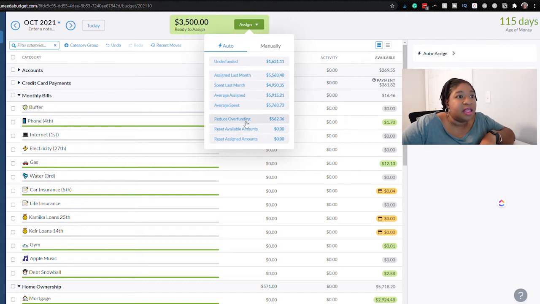And then the last couple of options here are to reduce overfunding, which means that if you have money left over in any of your categories, they will pull that money out and bring it to your ready to assign. And I don't want to do that. I have about $562 that is overfunded, but I don't even know what categories they're for, so I don't want to do that. And then you can reset your available amounts, which is the amounts in this column, to 0,